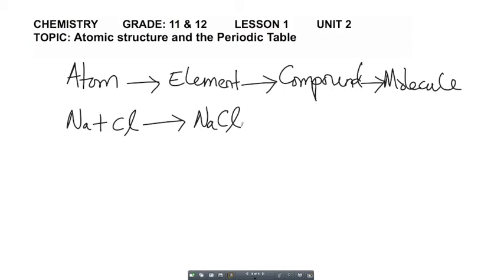This compound, sodium chloride, is what we consider to be a mixture of one atom of sodium combining with one atom of chlorine. So by mixture, you should get me very well on this one. It means this is ionic bonding. Hence, one electron in the last shell of sodium will be transferred to the last shell of chlorine, which is